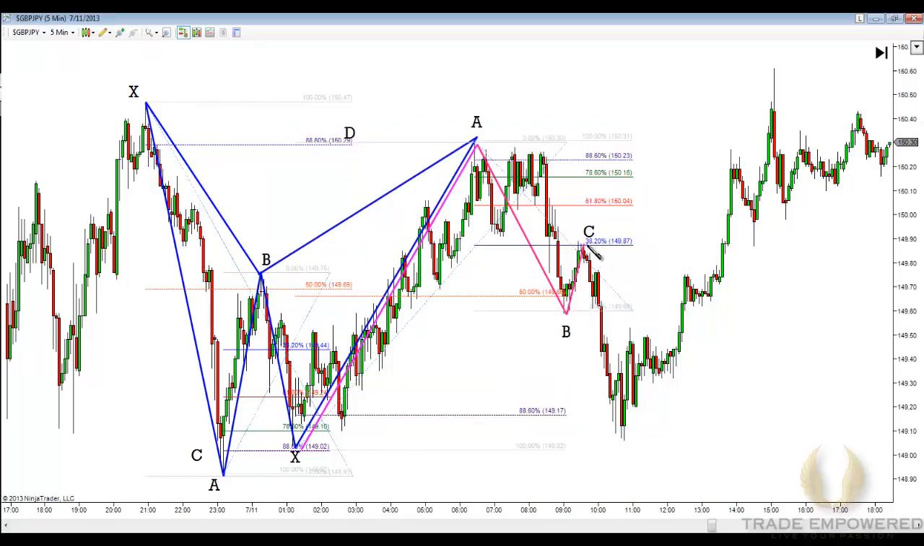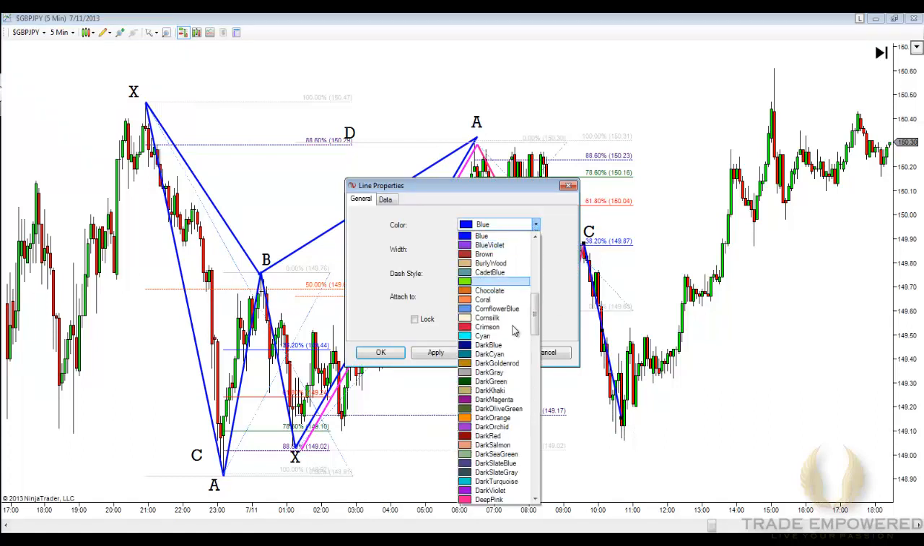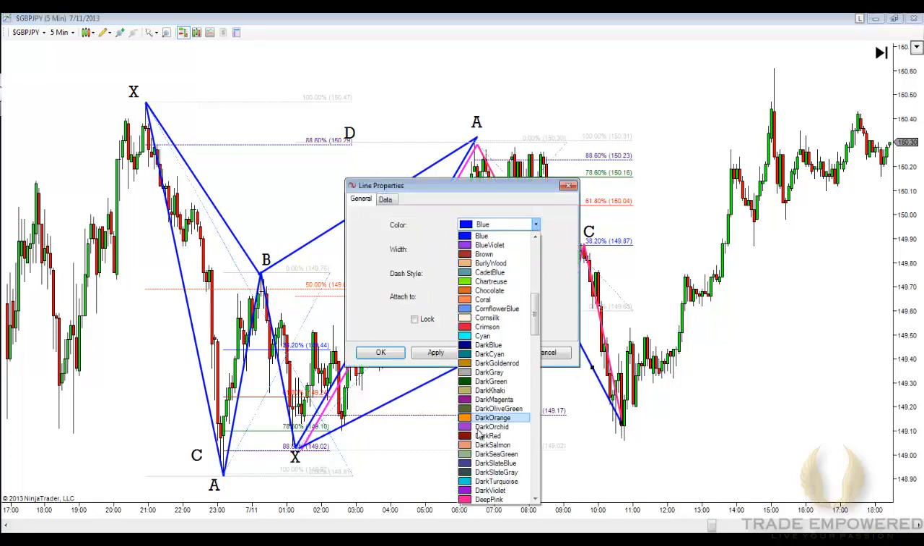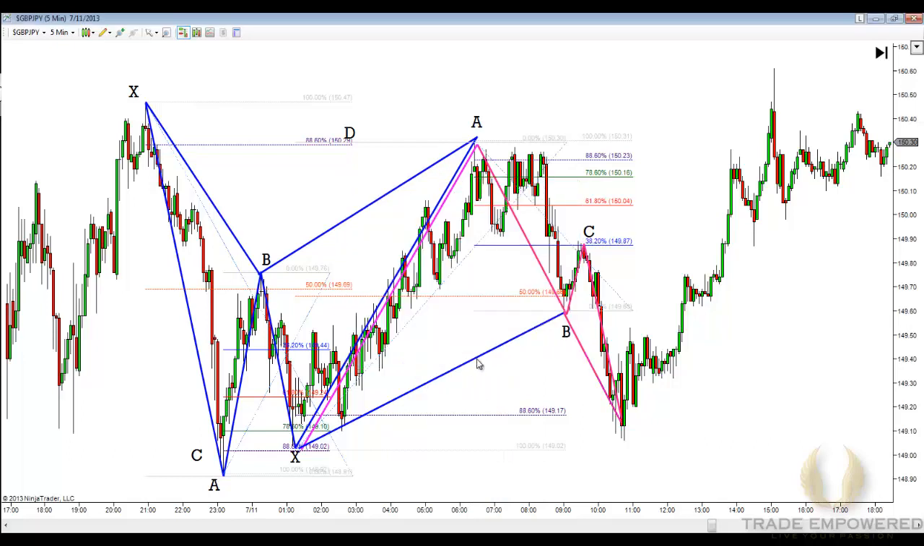And then our D completion, as always, we're looking at price action to come down to the 886, taken from our X to our A leg. And you can see bada boom, bada bing. As soon as I get these colors on,